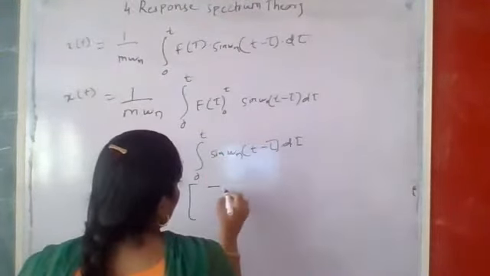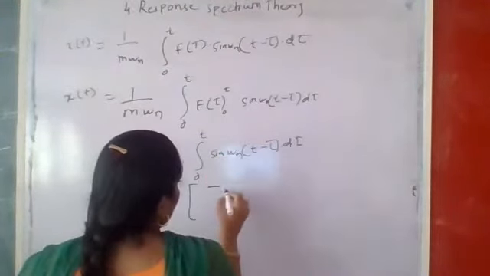What is the integration of sine? That is minus cos. That is the cos of omega n into t minus tau, and the integration we have taken with respect to d tau. That's why, with respect to tau, there is a minus d tau. So that will become minus 1 on the lower side into its coefficient omega n. So that is the integration of cos of omega n into t minus tau into d tau. Okay. Then that minus sign will be getting cancelled for each other.